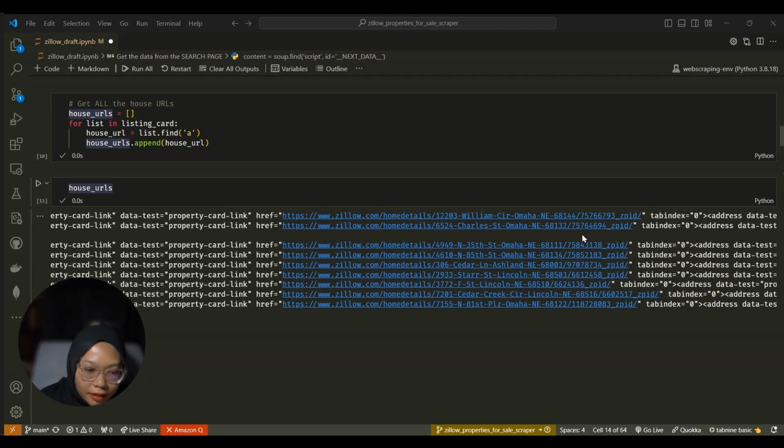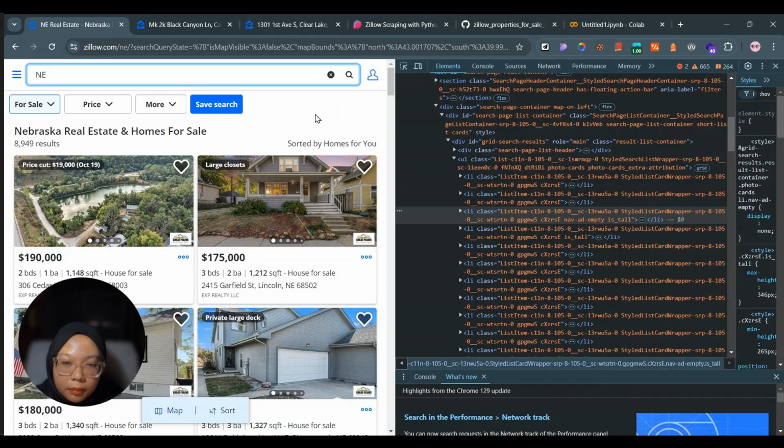So if you're watching this video, you might encounter this issue as well, where you only get 10 URLs instead of 42. I think this is because Zillow recognized you as a bot, so that's why it didn't allow you to get all the information inside it. One way to resolve this issue is to use Selenium, but as we know, Selenium takes quite some time to get the information. So after doing some digging, I found that actually if we go back to our page,